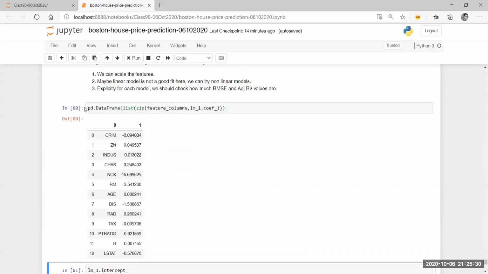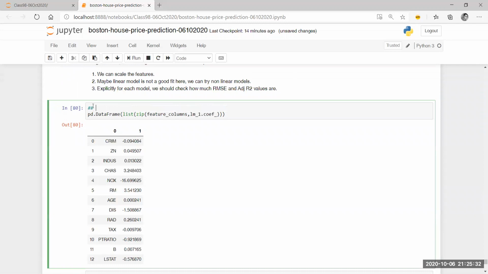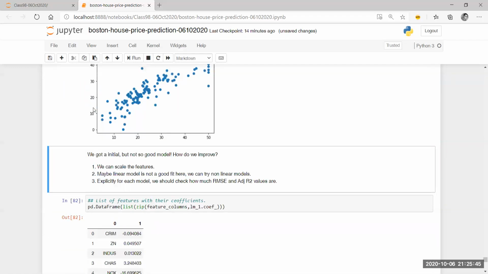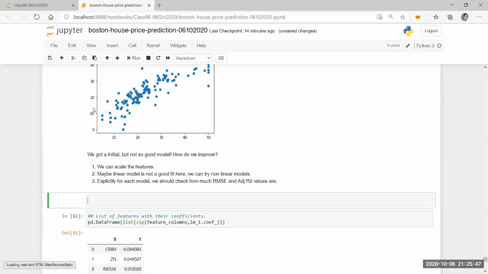So for example, this is my list of features with their, I'll not say importance, coefficients. And let me just do one thing. Firstly, let's find the coefficient, intercept, and the R square, adjusted R square score of the model.